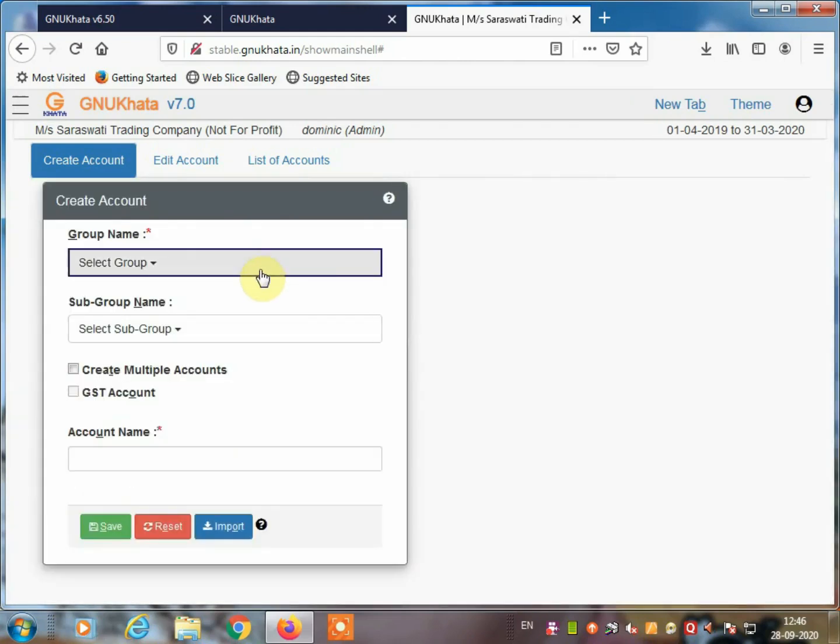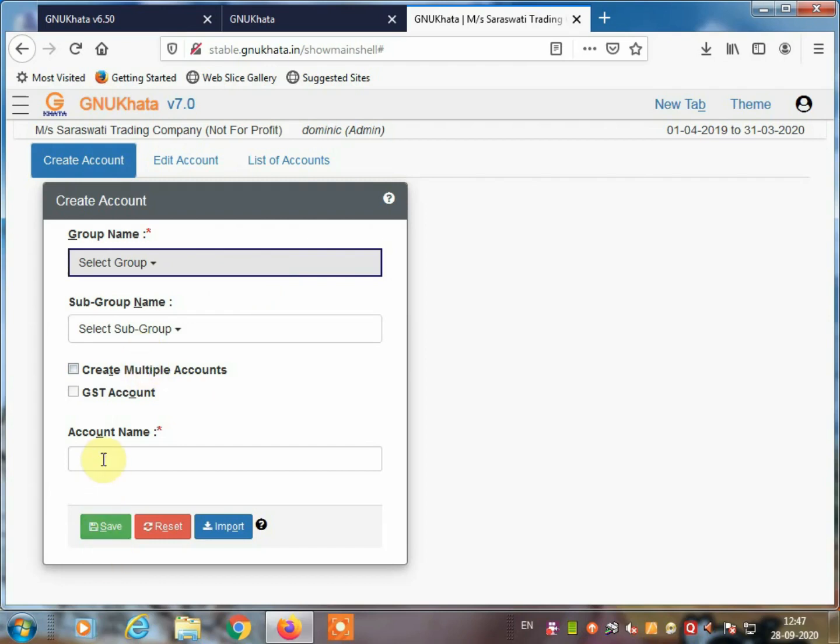Next, purchase goods from Sumit Steel Works on credit. On credit, last time you made a mistake in this type of transaction. Purchase goods from Sumit Steel Works on credit. So here we have not paid any rupees to Sumit Steel Works. So that's why purchase account debit to Sumit Steel Works. It is a purchase voucher because it is a credit entry. So purchase goods from Sumit Steel Works.